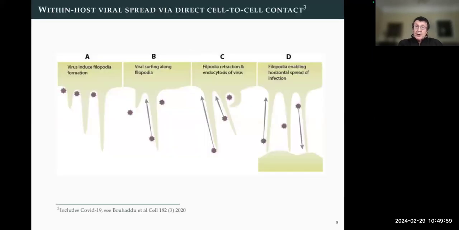And the other thing, if one now wants to start writing grants, and I still haven't tried this, it's becoming clear that related filaments also seem to play a major role in direct contact viral spread, including COVID-19, where the virions promote the growth of filaments, and then virions use these filaments to infect other cells. If I have time at the end, I'll briefly talk about the beginnings of work I'm doing with a master's student on developing that model.